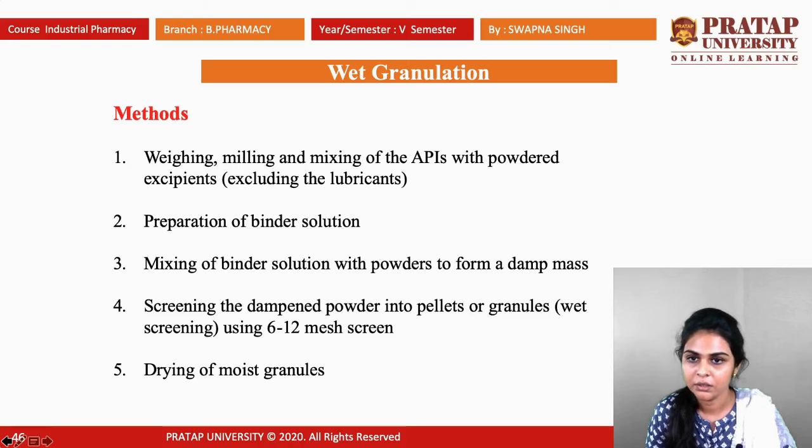After mixing, we prepare a binder solution. Then we mix that binder solution with the powder to form a damp mass. Once the damp mass is prepared, we screen it into pellets or granules by passing it through a mesh screen of 6 to 12 mesh size for the wet granulation method.